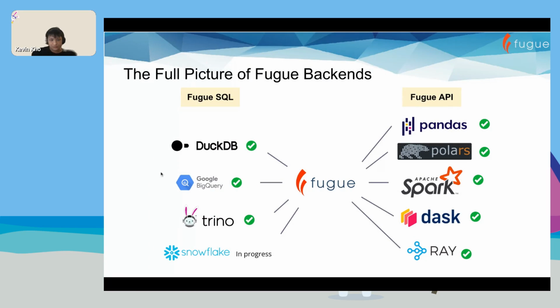On the Python side, we support these frameworks. I won't go into it too much because we're focused on SQL today. On the Fugue SQL side, we have BigQuery, Trino, Snowflake is in progress, and we also have DuckDB. There are two important pieces here. Number one is DuckDB, a local SQL engine that can run on top of CSVs or Parquets. One of the common things we do is prototype our SQL queries on DuckDB, and when we're ready to execute at full scale, we bring it to Google BigQuery, Trino, or